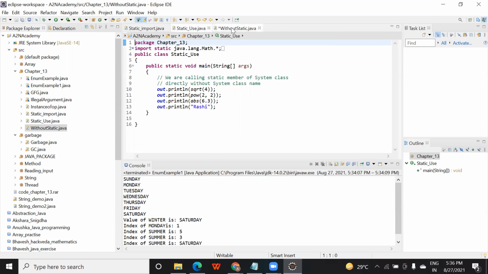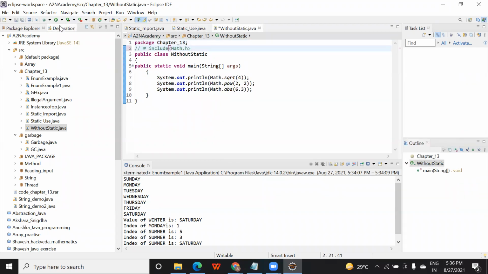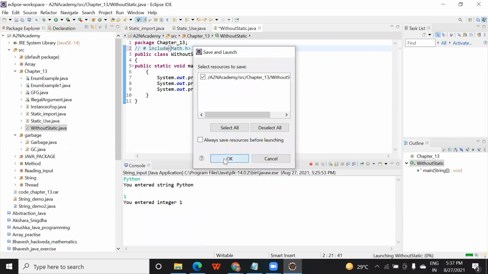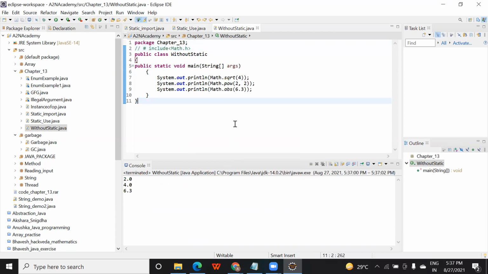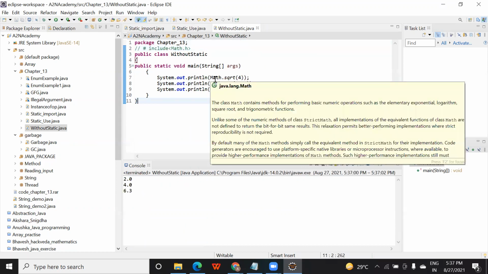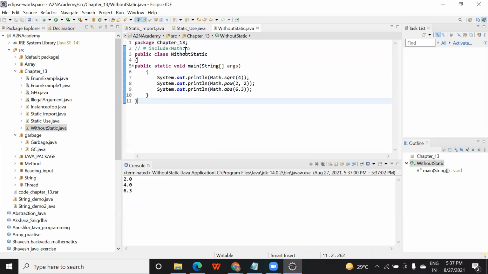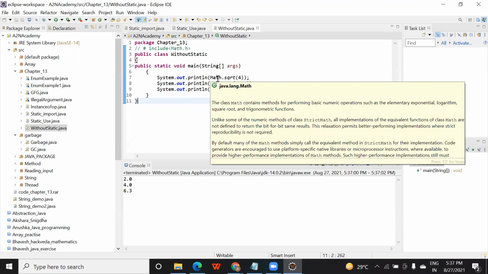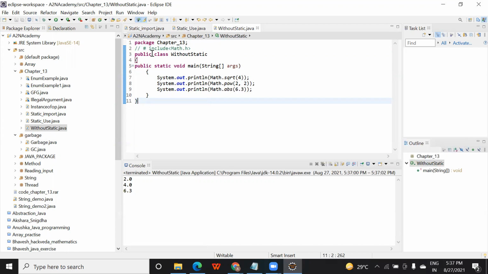Okay. So here, without static means what? Let me run and show you. Here you are using the class name. That's why you don't need to add any import library here. You are using the java.lang.Math class name, so it's not mandatory to add. But in the case of a static function, what is it? I told you earlier, static functions can be called directly with the name of a class.